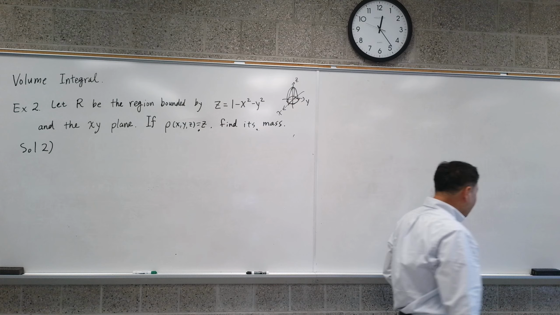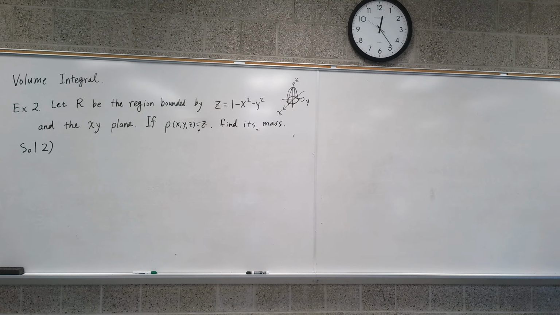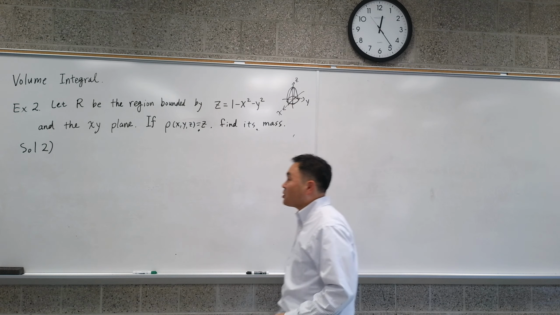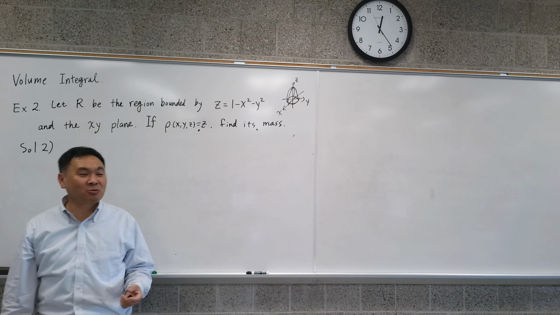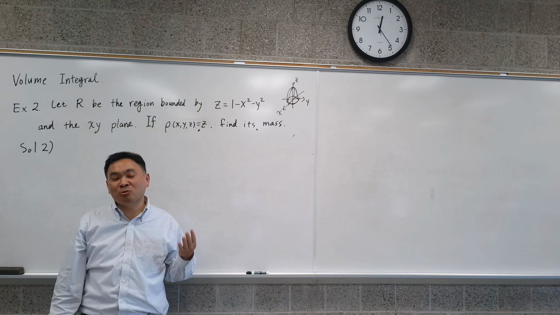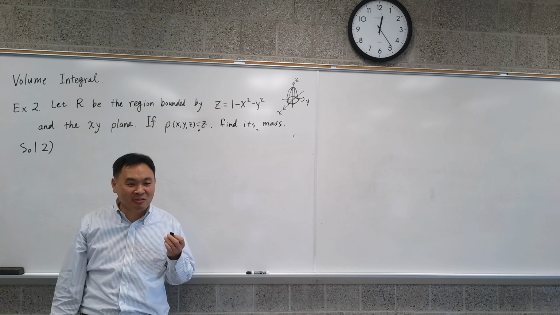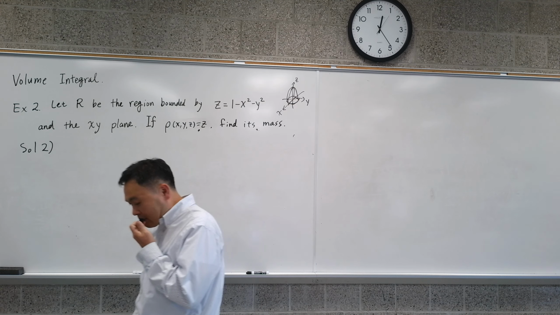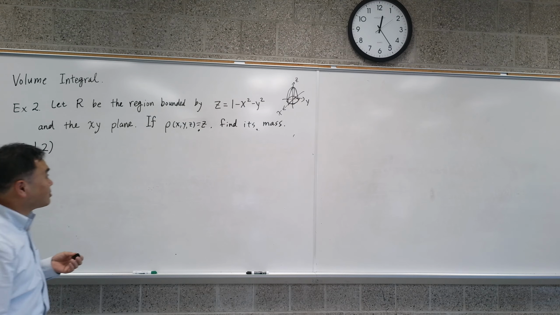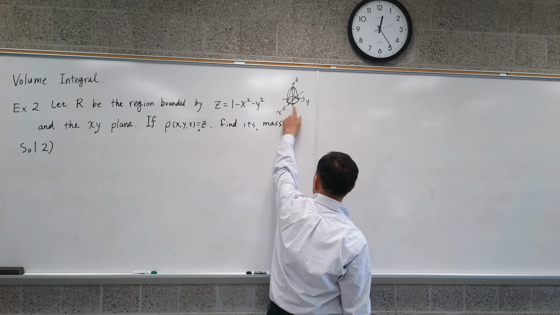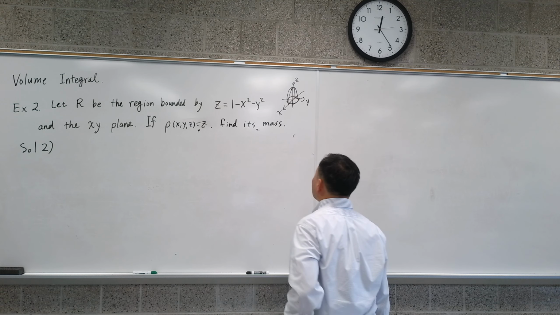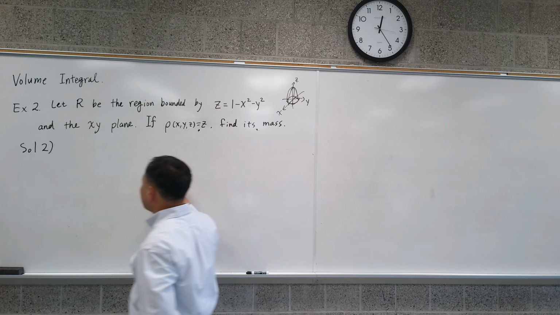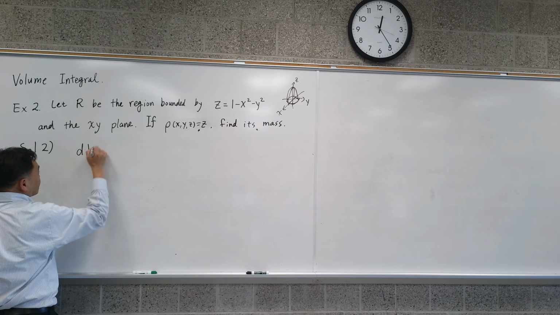Second try. Try a different approach. So I was trying to make a point that if you just use dz, dy, dx, it becomes next to impossible. You do have an interval that's possible, but it just takes many pages. It's very hard. So what is this other approach to getting the mass of this object when the density is z? Well, instead of using dV equals dz dy dx like before,